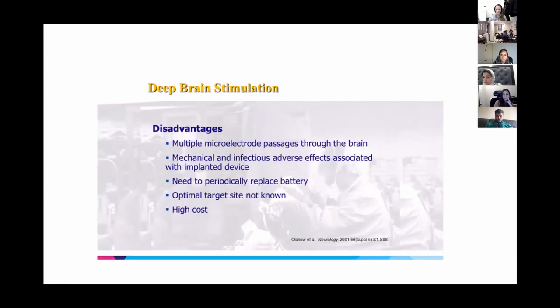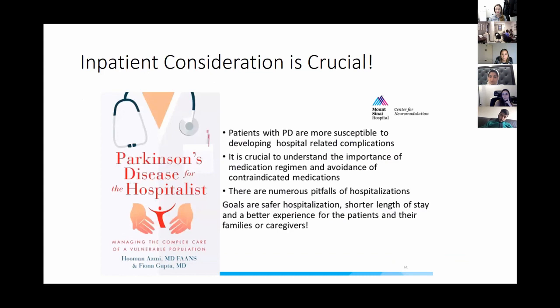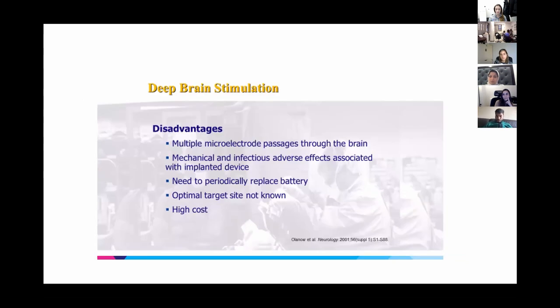In some cases it is requiring electrodes, it's surgery, it's hardware in that there's an implanted device. The battery sometimes needs to be replaced, although we do have rechargeable. So there are some advantages and disadvantages, but it really is important to weigh each out. So in a case like JP, there's a lot of things you could do. You could opt for the